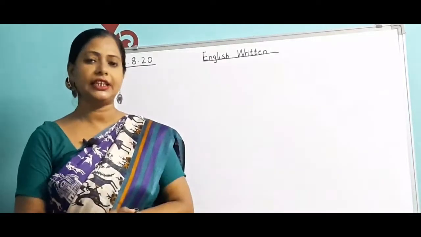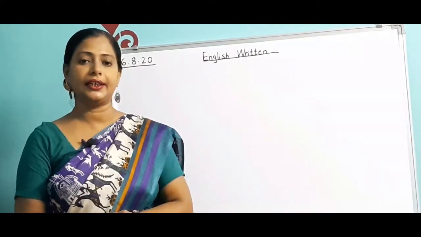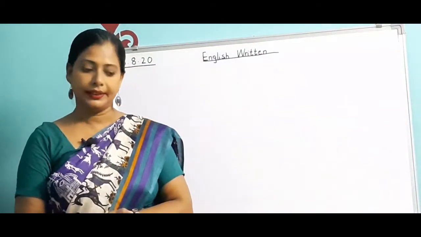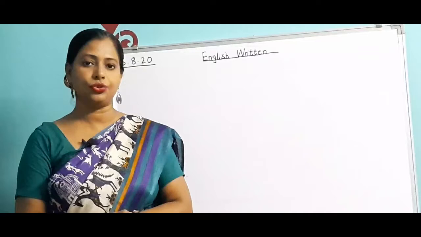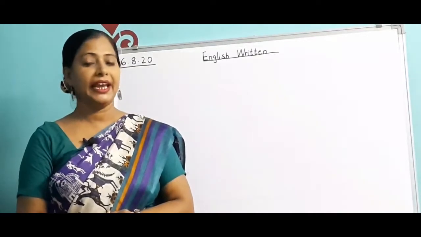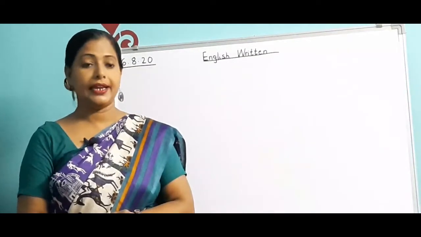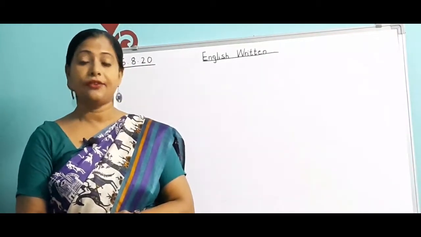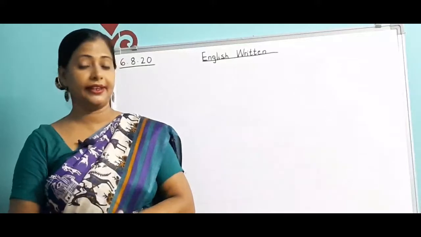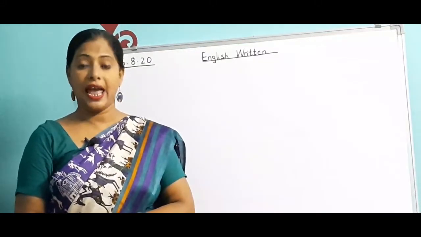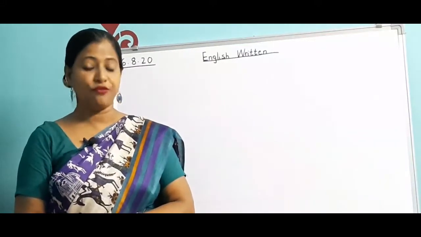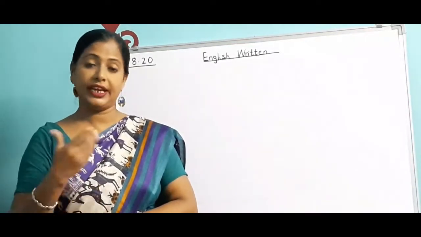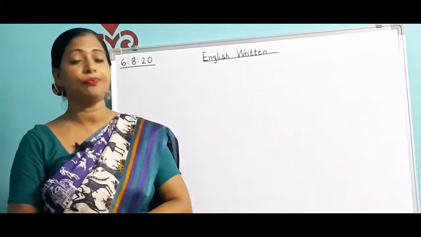So, as usual, we have already learnt a few alphabets. Yes, na? I have taught you alphabets from A to T, and I have taught you how to write alphabets from A to N. Yesterday, I taught you M and N, M for moon and N for net. And today again I will teach you two new alphabets.